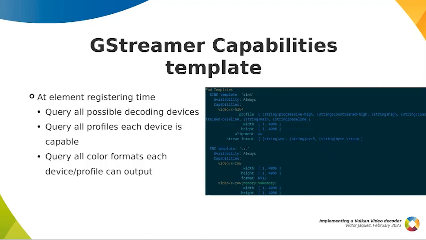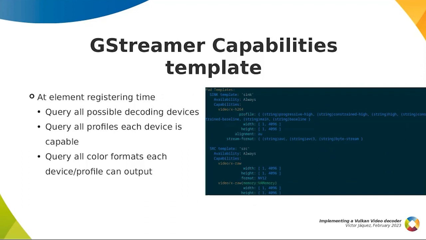GStreamer, this is a case only for GStreamer. GStreamer has to register all the available elements and their capabilities, so the user can construct the pipeline he wants. He introspects the registry and says, okay, this element has this property, so I can plug this element into this element. It's also used by the autoplug mechanism, so we can choose the next element in the pipeline